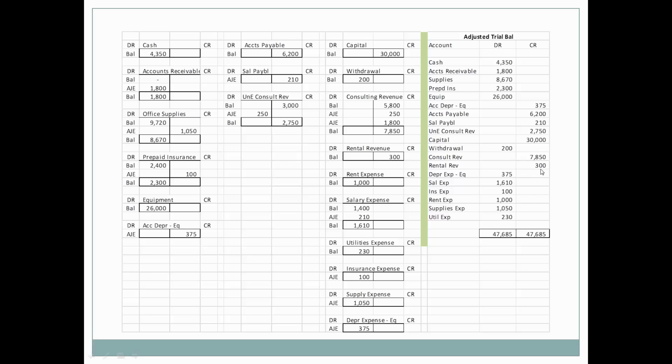We had the insurance expense associated with that income, rent expense, supplies expense, and utilities expense. So we had to properly bring up all of our expenses to match it with the revenue that we